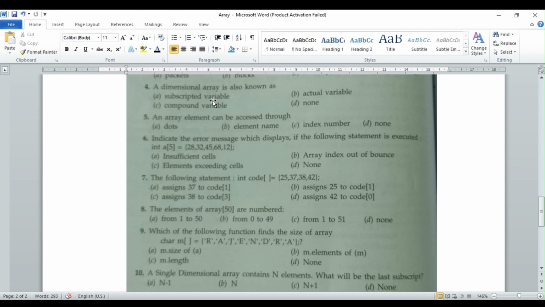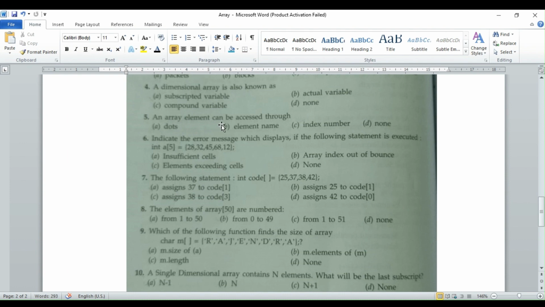So it is known as a subscripted variable. In an array A0, A1, A2, there are many subscripted variables. Okay, so this is your subscripted variable.